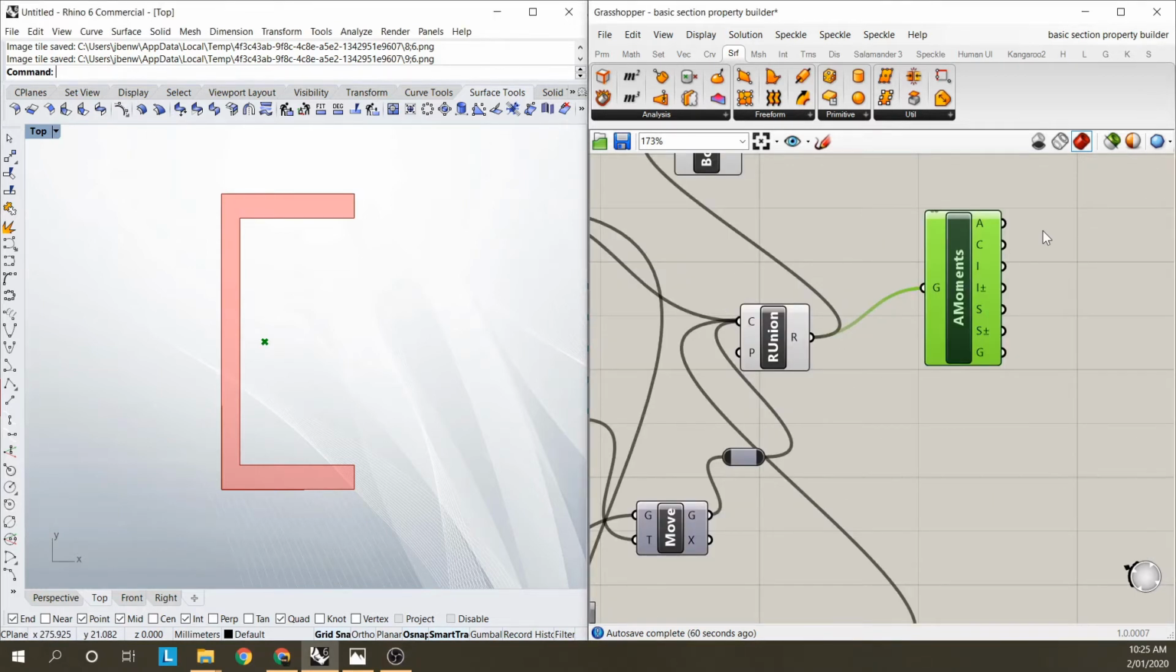So what does that give us? It gives us the area of the section, the centroid, the inertia, a moment of inertia around the centroid, which in engineering terms we call the second moment of area. It's got some error on its calculation, which is very small. The second moment of inertia, which I'm not going to be using for this demo, and the radius of gyration, which is a useful property